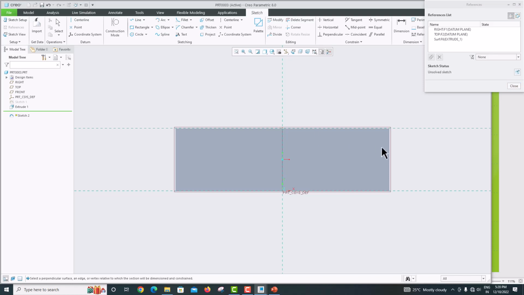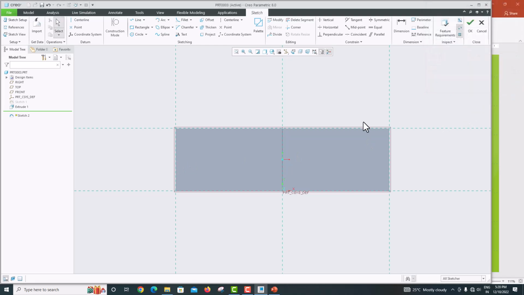Just choose this edge and this edge. Close, then select a rectangle, click the mouse roller to confirm. Now the length of this cut is